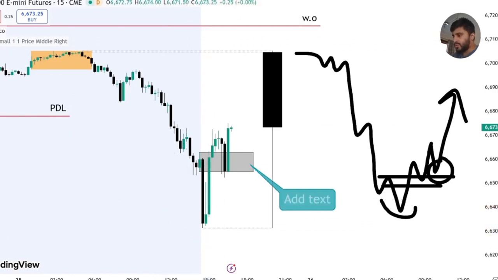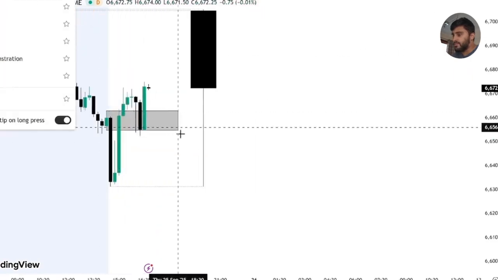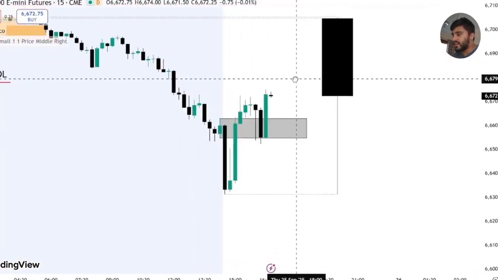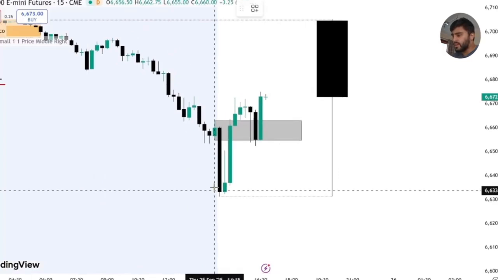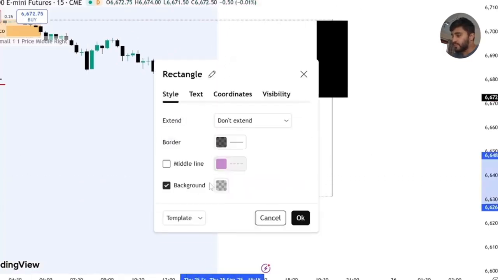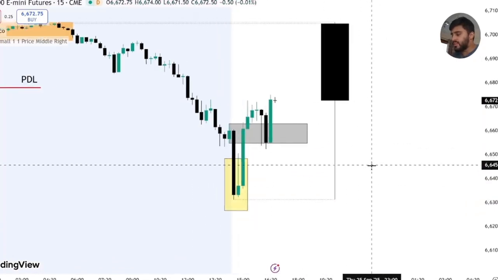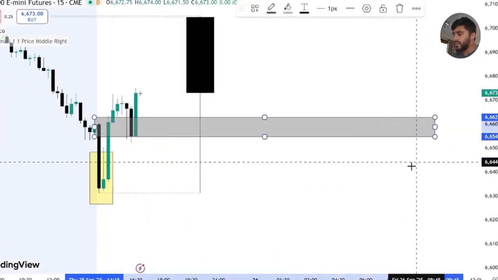So this is what we would call a manipulation in price. If I just label this, a manipulation in price is typically just the ICT Judas swing. So we're looking for this. This is going to be our manipulation or Judas swing. Now, when we come into a fair value gap, there's only two things that can happen. So from here, realistically,